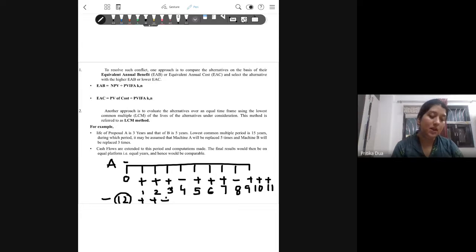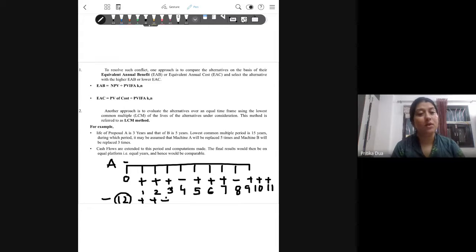With project B, which was having an initial life of 5 years, you will repeat this cycle 3 times to get the duration of 15 years. So this leads to equalization of the lives of the projects, and then when you calculate the NPV and IRR, you will get the same result. And this method is not used practically a lot because here we got the LCM of 15 years. It is still feasible to calculate NPV and IRR.